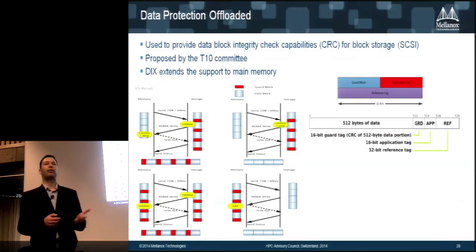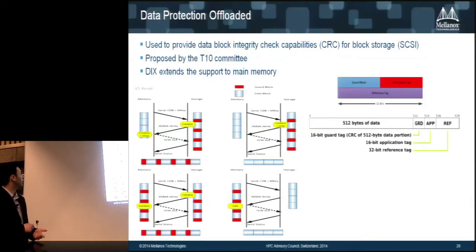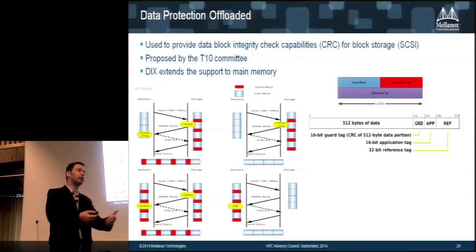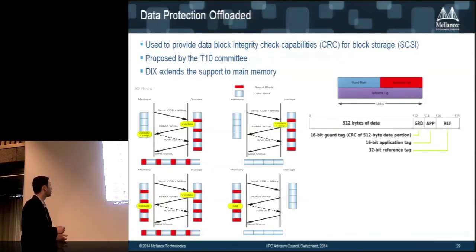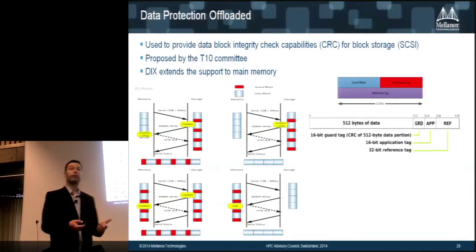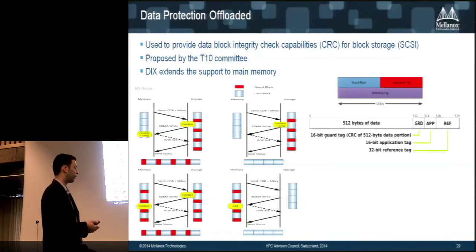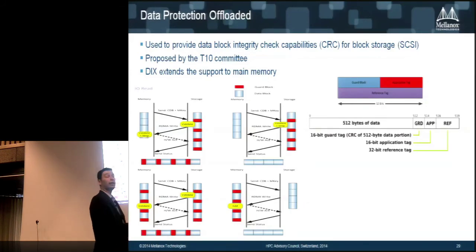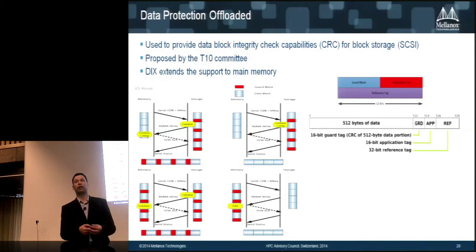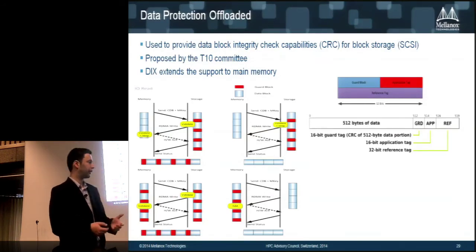So basically, as the data flies through the wire, for example, in this case, you can have an initiator that doesn't even have this protection information. And when the data flies through the hardware, the hardware could add the calculation and plant those metadata into it. And also when the data comes in, as a result of IO read, the hardware can strip this metadata and validate it. So every time something wrong happens with the data, you can isolate and identify this as early as possible, and then you can take action, and you avoid propagating errors into the system.